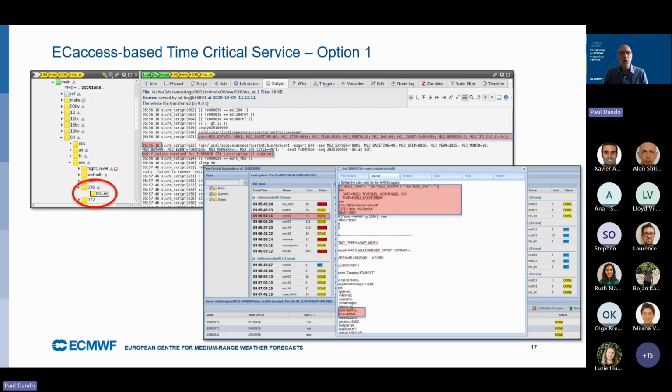So this is a little look then behind the scenes of how this works. What I've shown here is a little bit of our operational suite in ecFlow UI, which is something that you'll get to learn about in the session, I think, on Friday, if you attend that. And here you see there's a particular task in the ecFlow UI, which is triggered according to whether the forecast run has finished and whether the schedule allows the job to be released. And then you can see what is sent in the job script itself. There's an event sent,